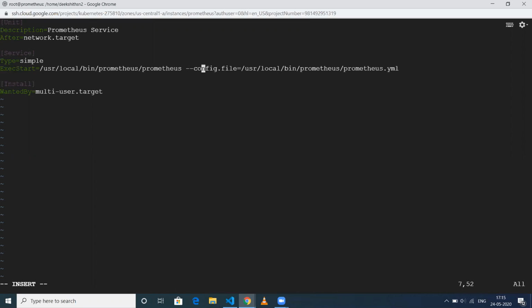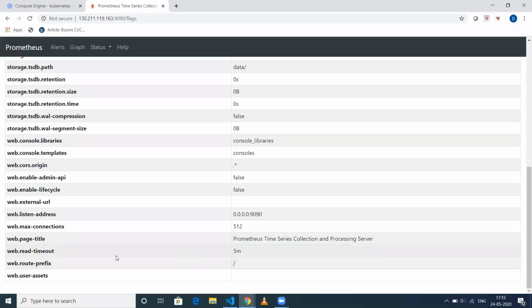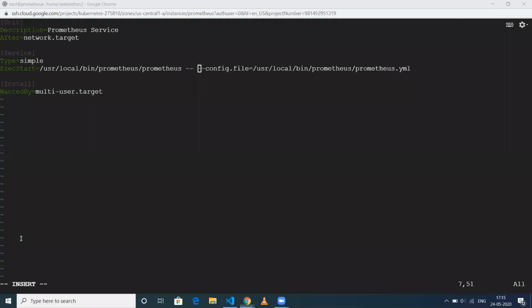Now you need to give a hyphen. What is the value of that? Let me copy that: hyphen web page title. When you give it like this, equals to, you need to give whatever value you need. So let me give Prometheus demo.